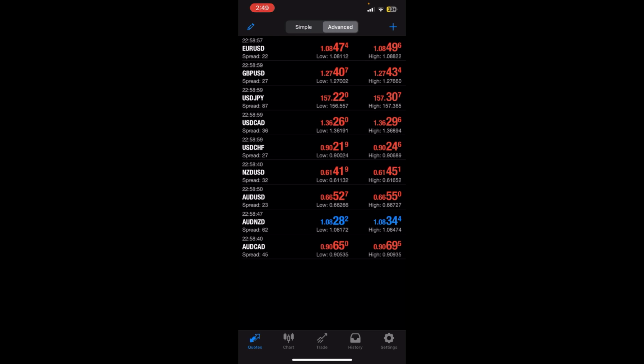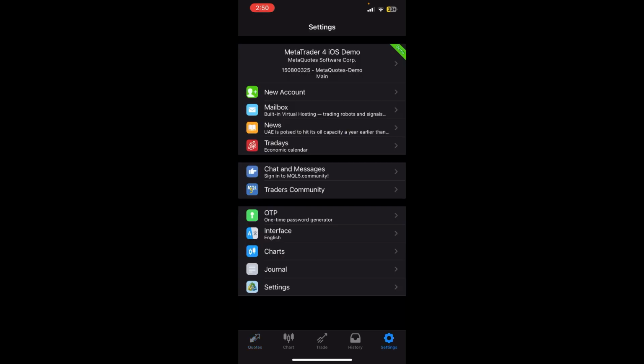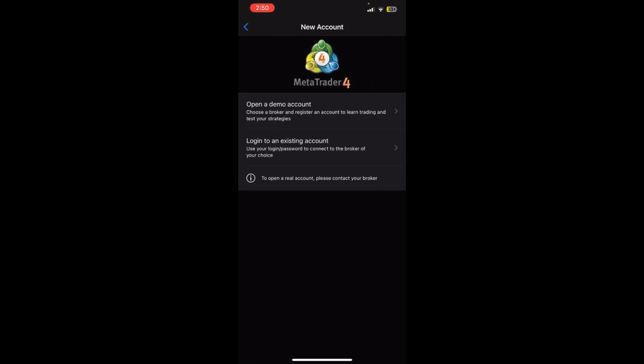First things first, I assume that you have already downloaded the MetaTrader 4 app, and once you open it you'll be able to see the interface on the screen, where you can see the settings option at the bottom right corner. Just tap over there and you'll be redirected to the settings section, where you can see the new account option on the screen. Once you tap on it, you will be redirected to another section where you can see